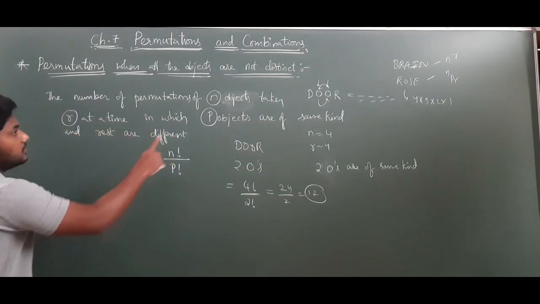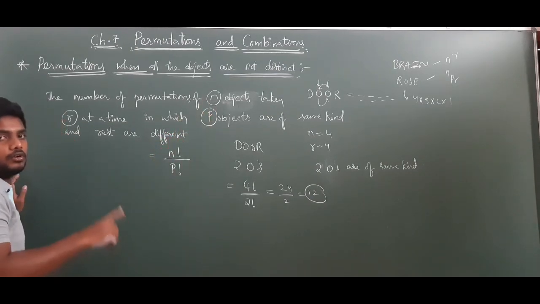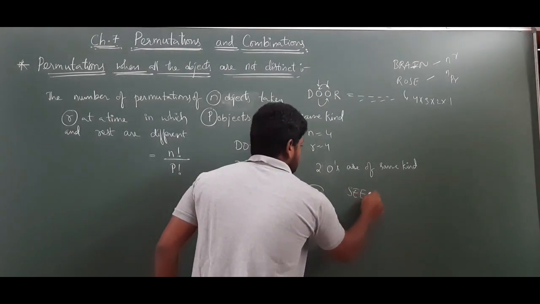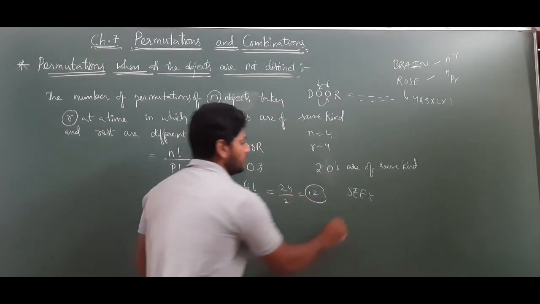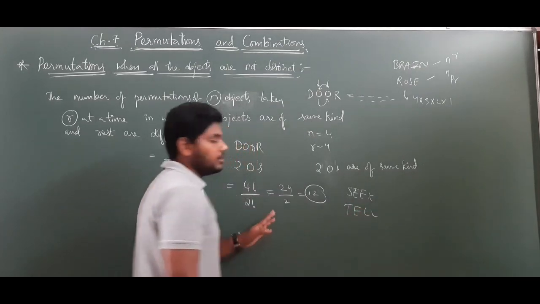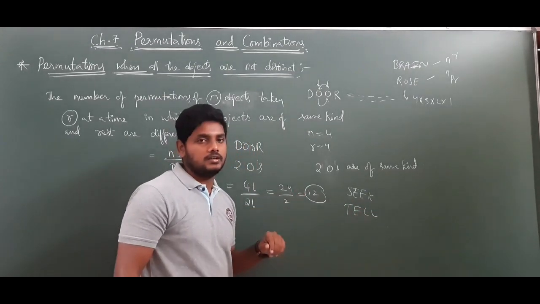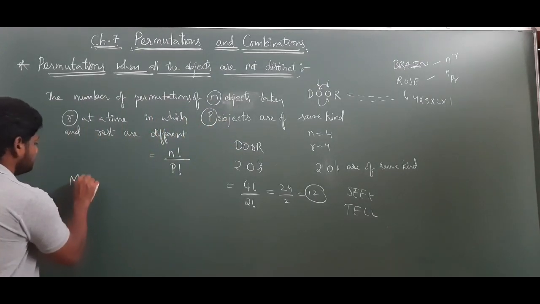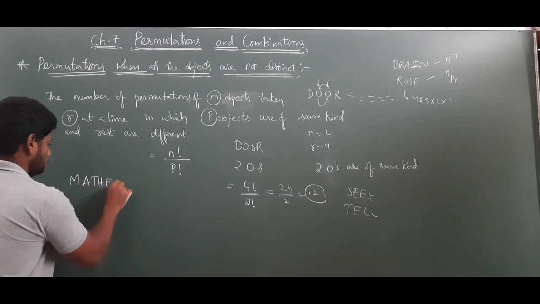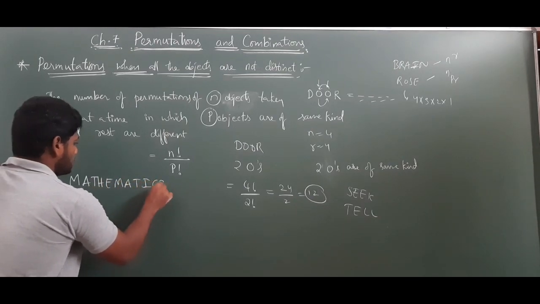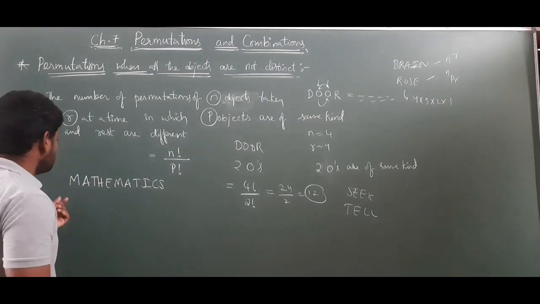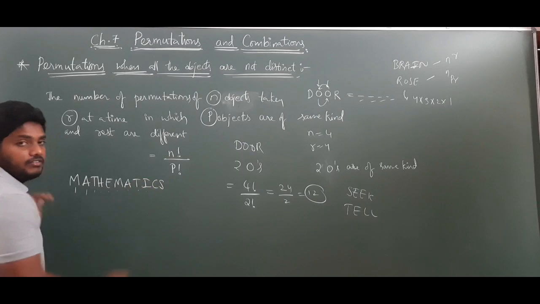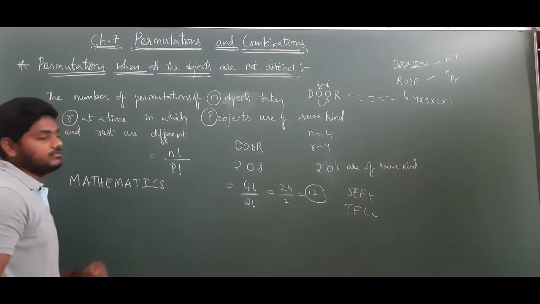Now, this is the example for door. Door or room or seat. Right? So this is an example. For example, for tell, the number of permutations is 4 factorial by 2 factorial. So what is the case? For example, if we consider the word mathematics. So here how many letters do we have? 1, 2, 3, 4, 5, 6, 7, 8, 9, 10, 11 letters will be there.